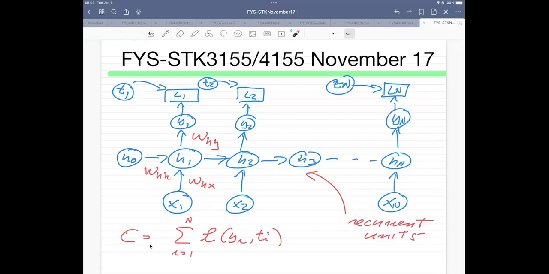And last week, we discussed the problem with exploding gradients, which is a very common problem. And we saw how these could explode by looking at the simple mathematics of the weights which connect each single hidden recurrent unit. So keep in mind that each one of these recurrent units could, for instance, be a convolutional neural network if you want to. It could be a deep neural network if you want to. And these are parameters which you can define in the setup. Okay, any questions? So this is just quickly to remind ourselves what we did last week.